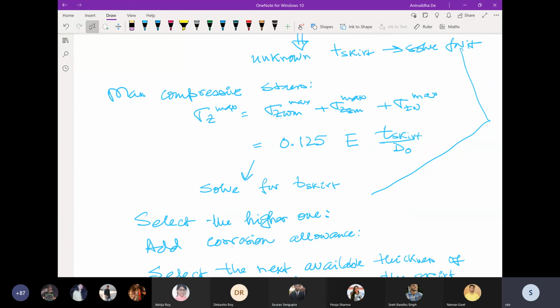You have to assume a value of thickness, then you have to get the weight of the skirt, then you have to do all this. So in order to avoid that, and in fact, you could have done that if the skirt would have been contributing around 40 to 50% of the total shell weight. It is not so. Probably the weight of the skirt will be contributing less than 5% of the shell weight and the head attachment, etc. So that's why in that calculation, skirt weight is not taken into account. Okay, sir. Thank you, sir.